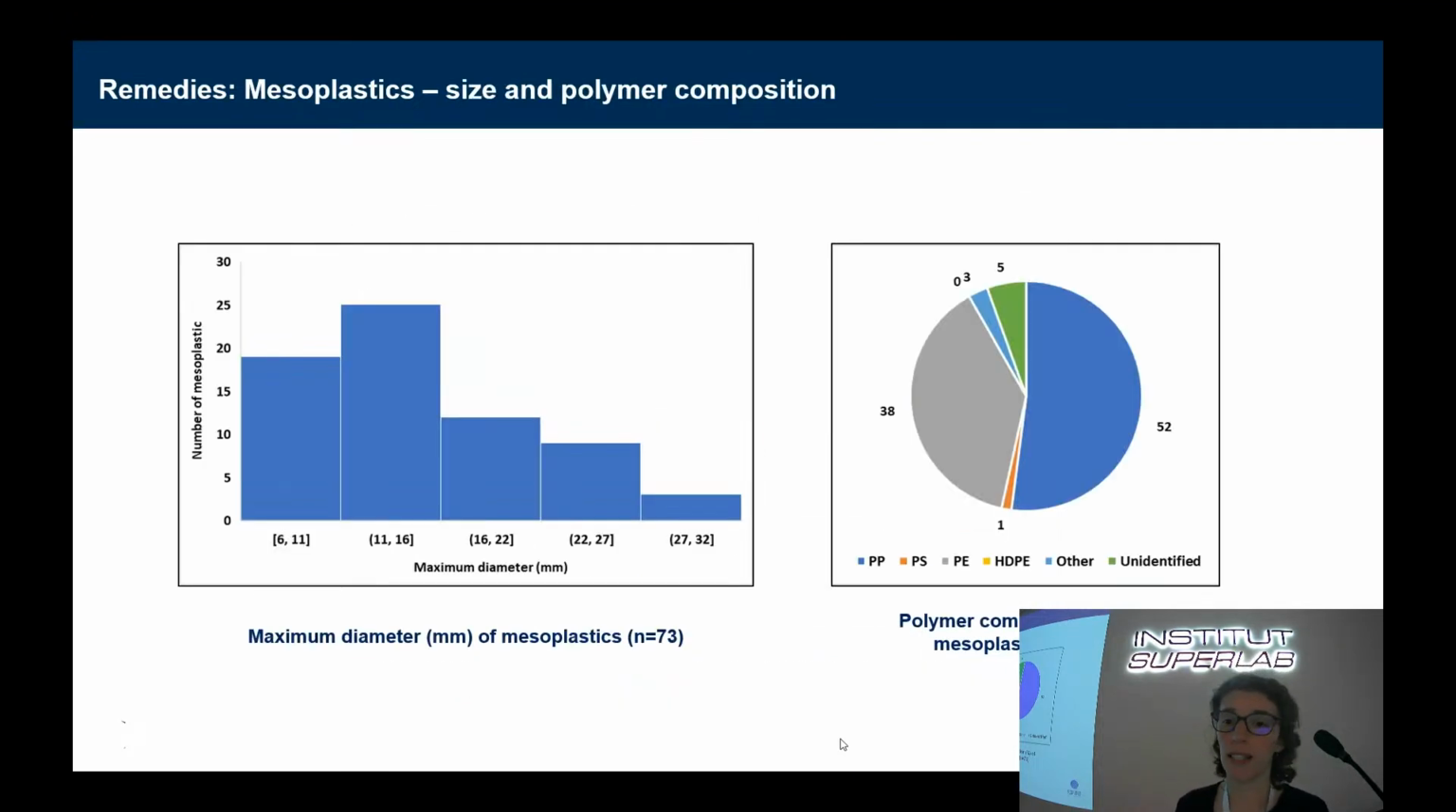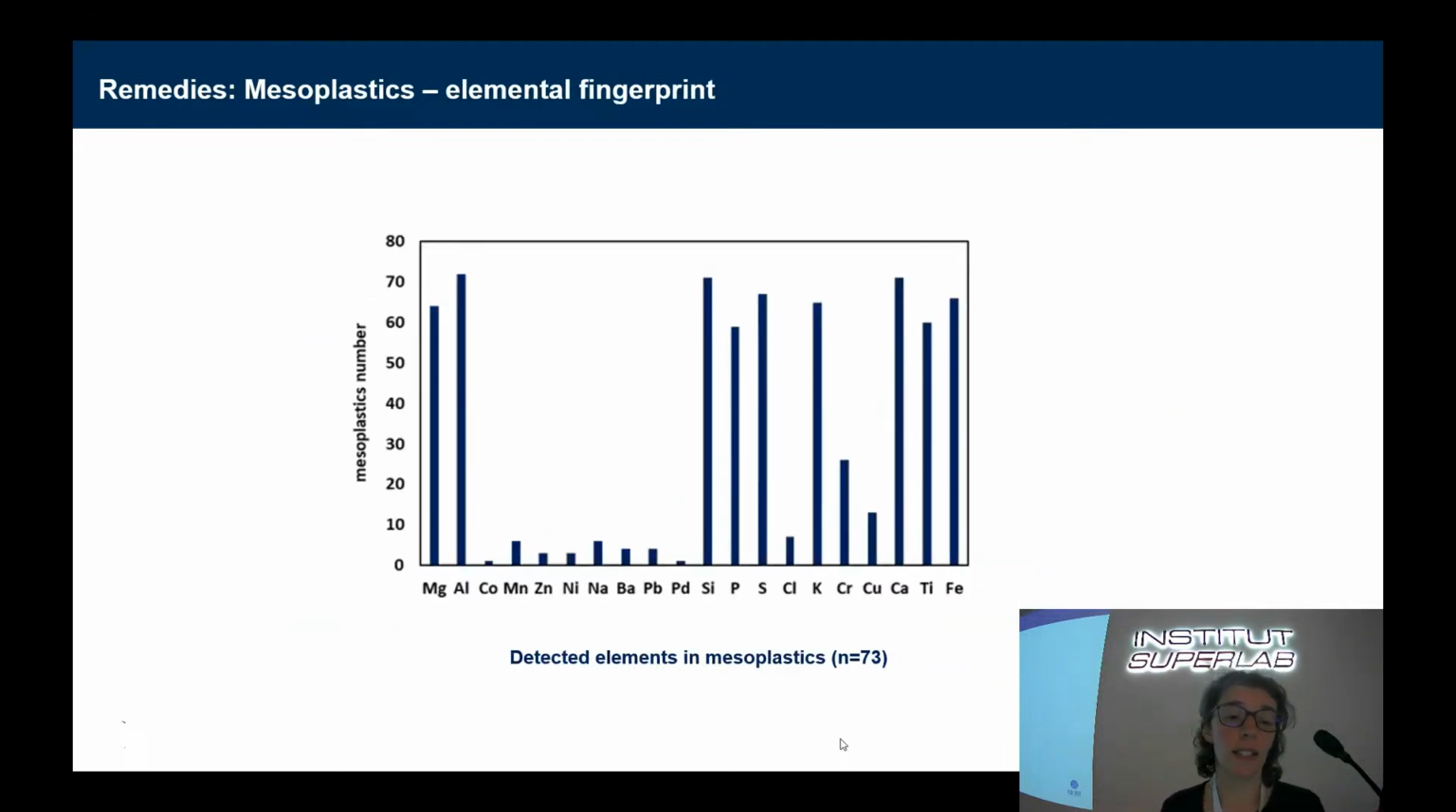I will just show you the particle size distribution we get for the mesoplastics using the Saturna imaging system, and also the polymer composition. Here, polypropylene and polyethylene were the most abundant in the samples. Of course, the mesoplastics' elemental fingerprint was also obtained, and there you could see that different elements were detected